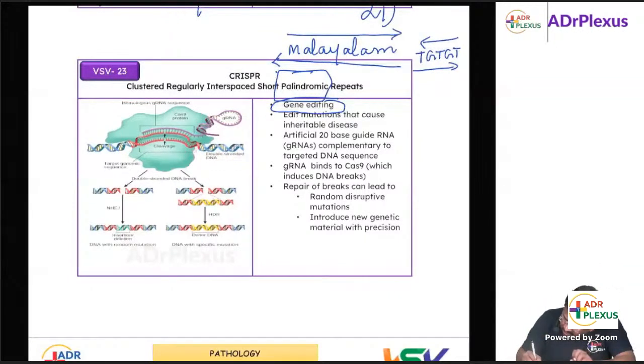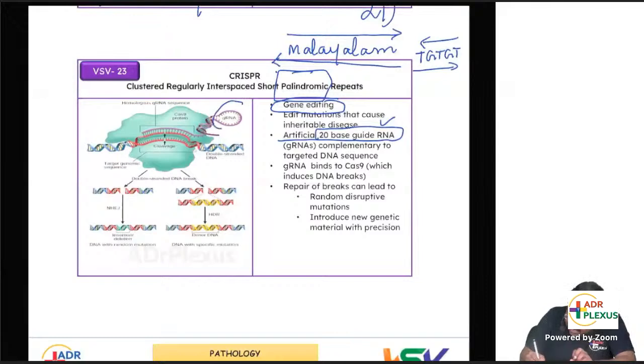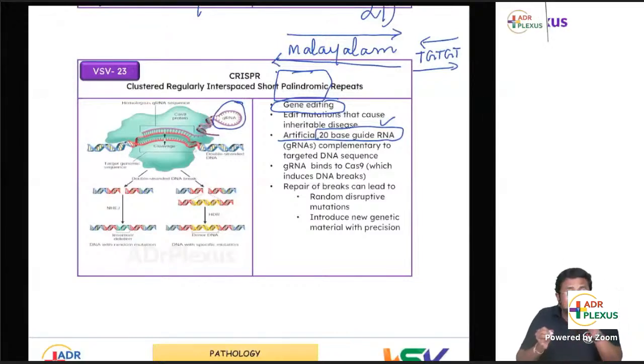In this technology, you will be using a 20-base guided RNA. See this, this is a guided RNA, which usually has 20 bases. Remember, I told you it is a short palindromic repeat. So this guided RNA will have 20 base pairs, and these base pairs will be complementary to the targeted